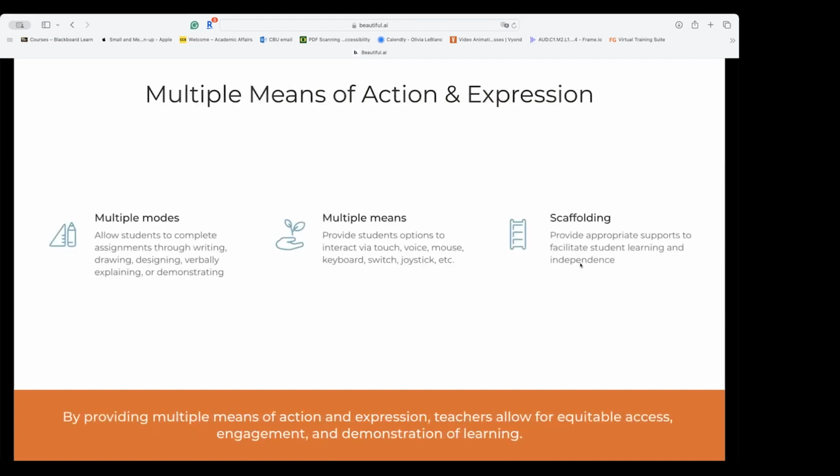And multiple means of action and expression is probably my favorite part of the framework. I am a faculty member who really loves students taking a project and running with it on their own twist, because inevitably it comes out way better than what I ever thought it would be. And so when we're allowing multiple means of action and expression, we're allowing them to interact with the content where